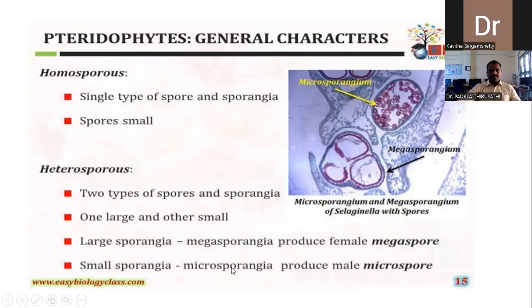The smaller spores developed inside the sporangia are represented as microspores, in the microsporangia. But generally, in the pteridophytes, the larger spore is represented by a female megaspore and a female megasporangium. And the smaller spores are called the male microspores, which are developed in the